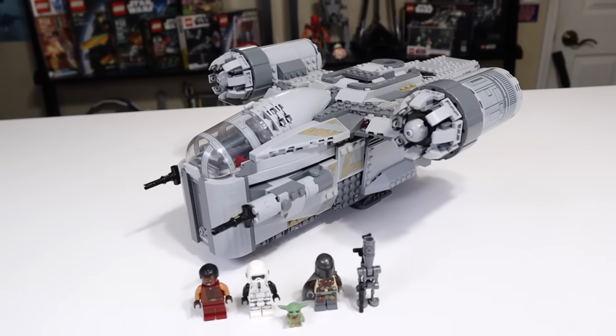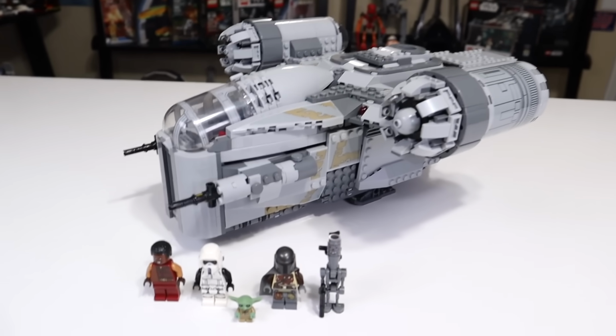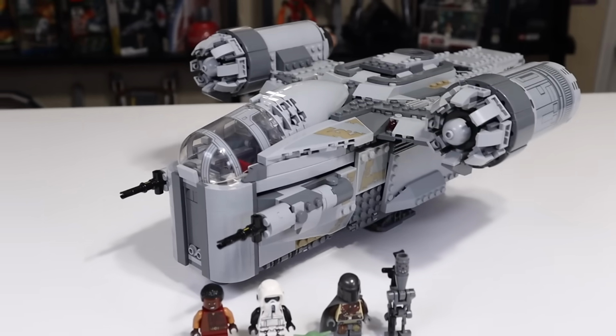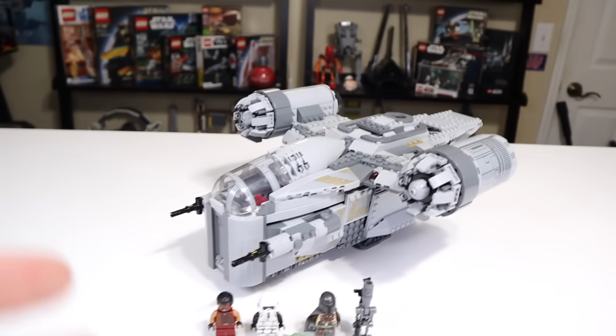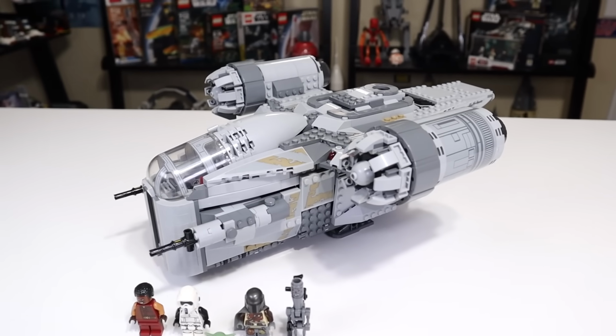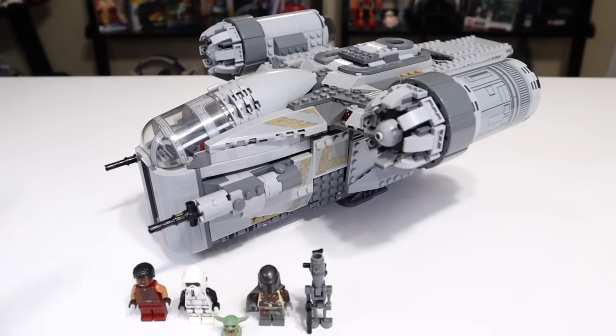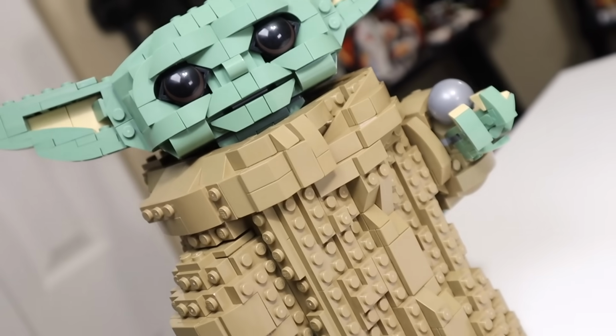But the Razor Crest, $130 as of now, is the most expensive Mandalorian set. Now, obviously, that could change this coming summer, or if they were to release a UCS version of most likely the Razor Crest. I think if LEGO were to do any UCS Mandalorian set, the Razor Crest would absolutely be the must-do, at least for the first UCS set based on this property. Although on a technicality, that one kind of is UCS, but that's neither here nor there for the purposes of